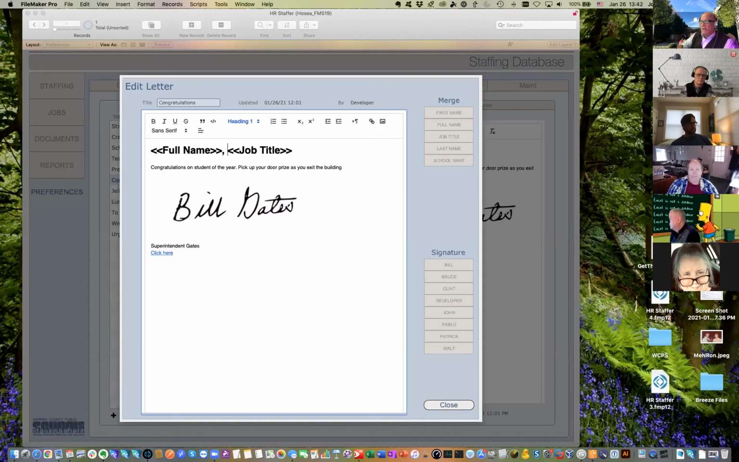If you want to add merge fields, this is basically going to be a repository of form letters that they can call for a particular purpose. Say, I want this letter for this person, and it fills in the information. And so that's what these merge fields are for. And then down here,